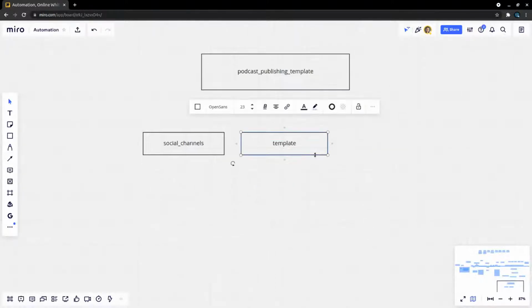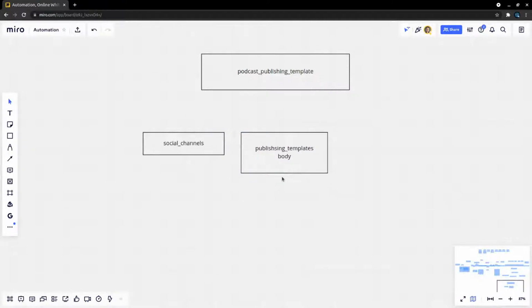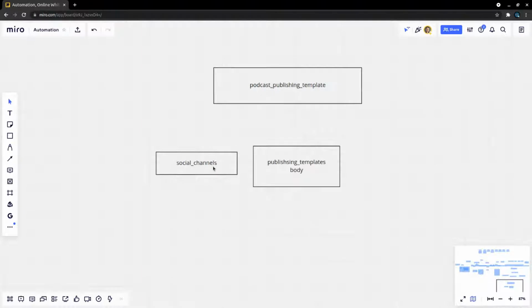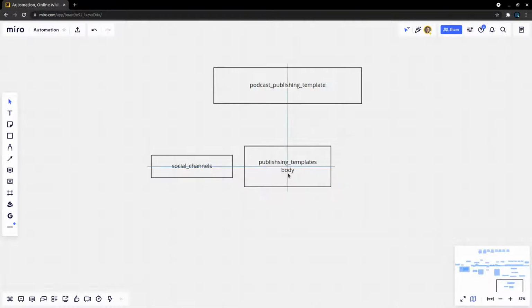That's going to have things like the title and the description. Or really, it's probably just the description or maybe the body even. So we'll call this a publishing template. Publish or publishing? Yeah, publishing template. Something like that. Social channels.